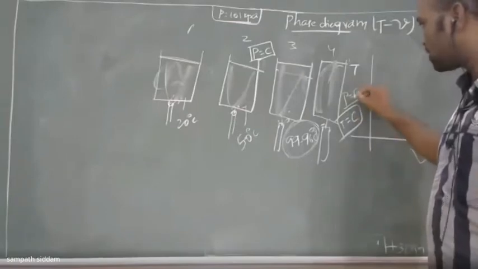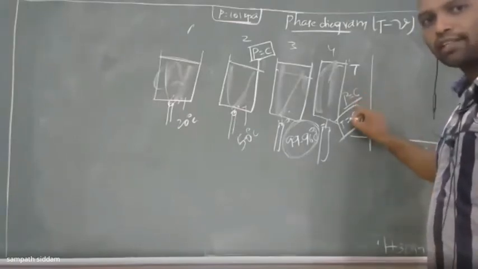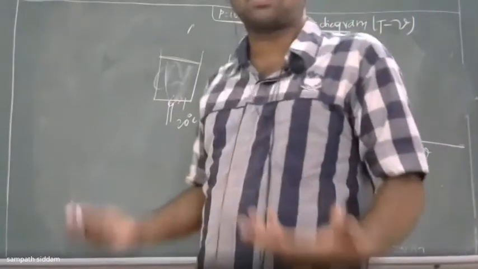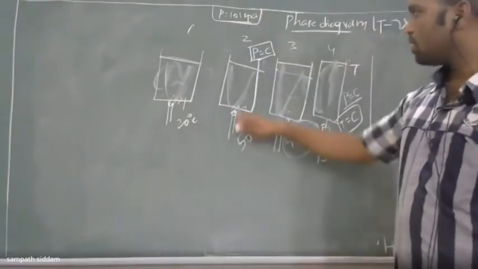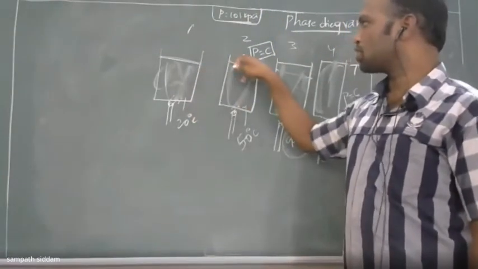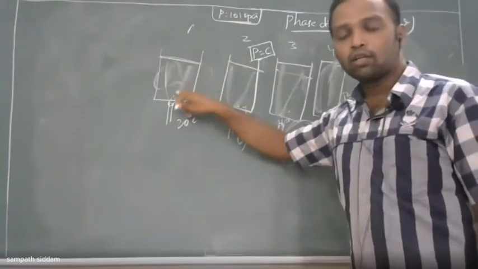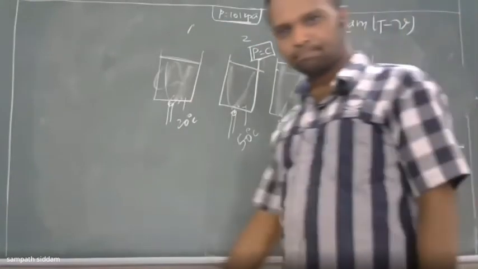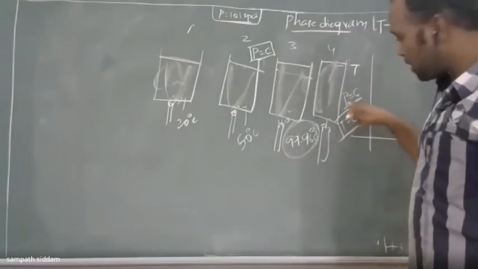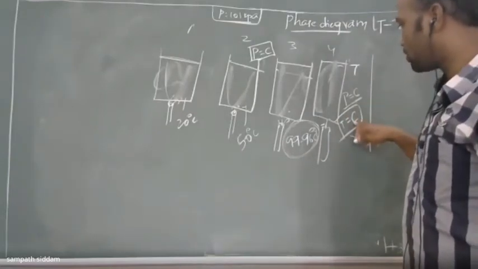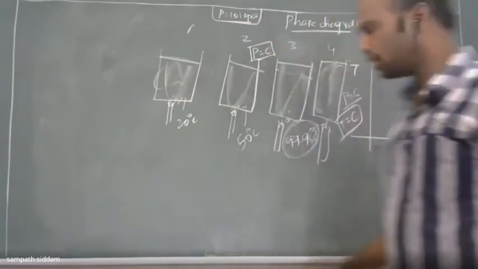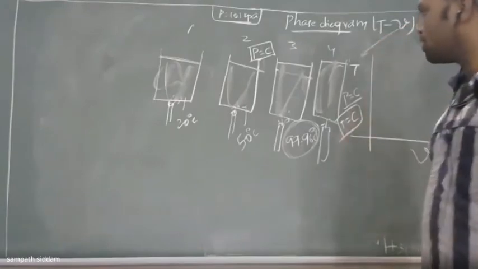Yes, sir. When these two properties are fixed and constant, you may get a doubt: if these two are fixed, which other properties are varying? In the previous case, only pressure was constant, temperature was varying, and due to that the specific volume was varying. And here, when pressure and temperature are constant, the other property which is varying is the specific volume. That will vary continuously in this phase.